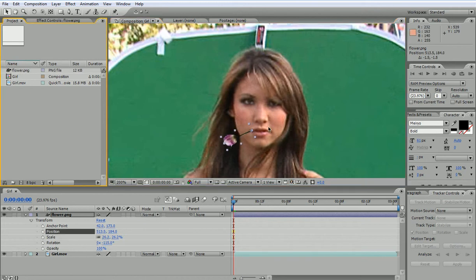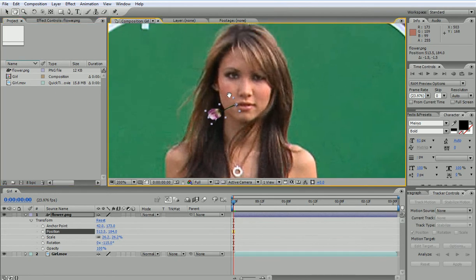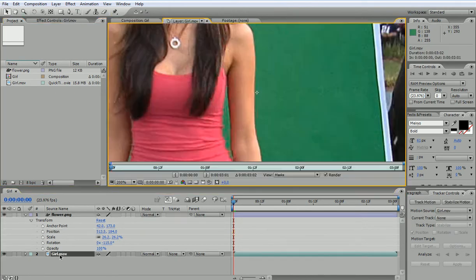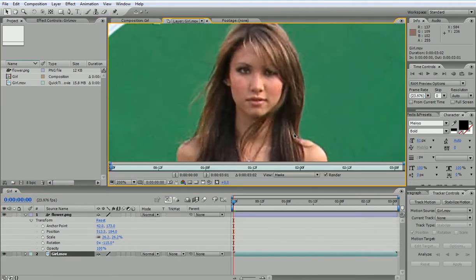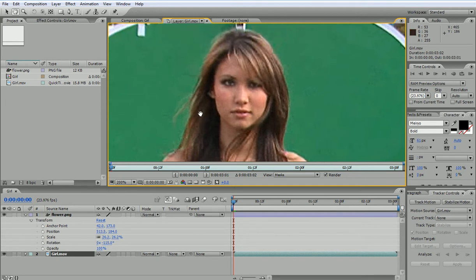I want this flower to follow the motion of the girl. So I'll select the girl, double click, and I need to track points that don't get obstructed throughout the movie. The best areas to track that I found with this footage are the corners of the mouth. Alright, so this corner and that corner. You have to try several areas. You can try the eye, for example, you can try the nose, but what I found best are the corners